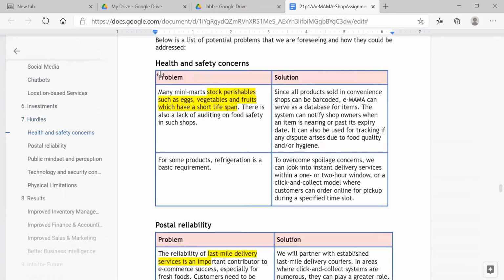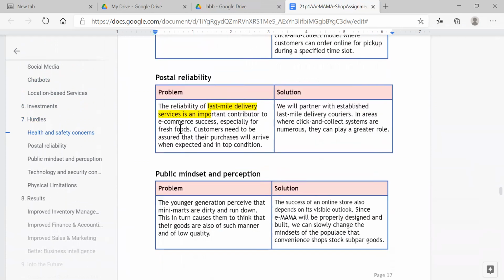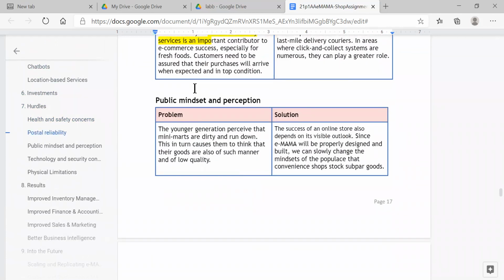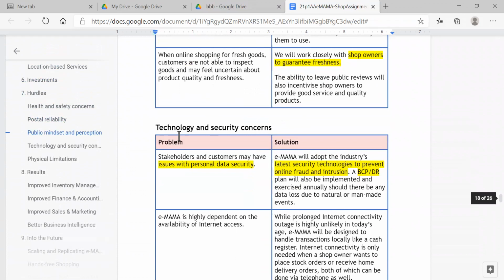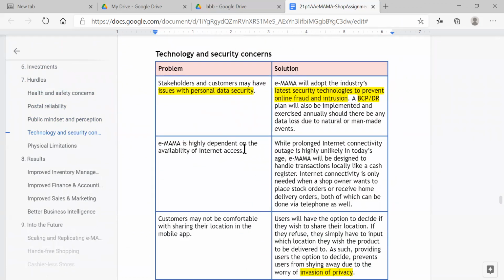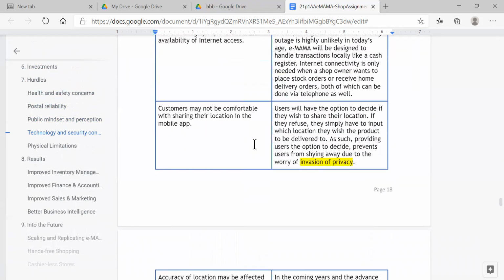So these are some, right? So state the problem and solutions. It could also be health or safety concerns, okay, or some other problem. So you can state the problem and the solutions. So they actually tabulate. So you see, got no challenge? Look at this. There's whole lots of